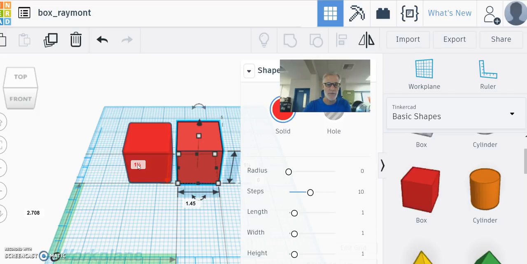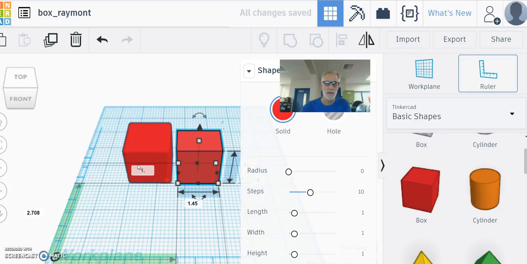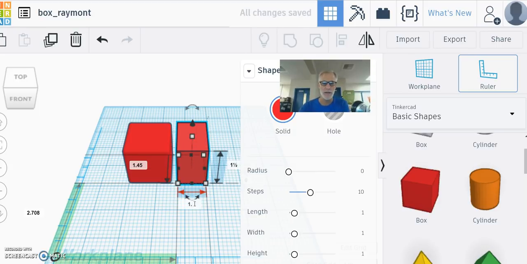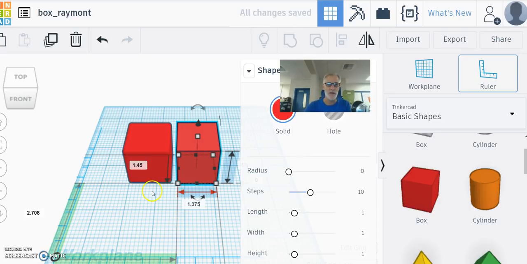Now I'm going to click on the Y-axis. And I'm over on the left. I'm going to make it 1.45. No, that's too big. I'm sorry. I need to rethink this. Let's go back to X and make it 1.375. And then we're going to come over here and we're going to make this one